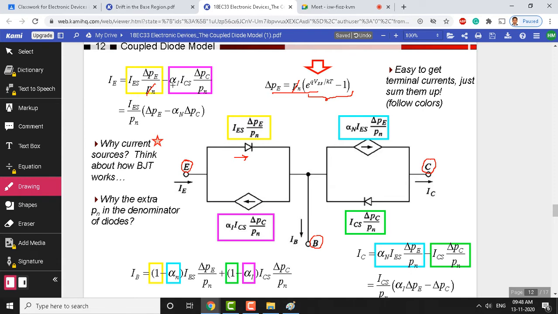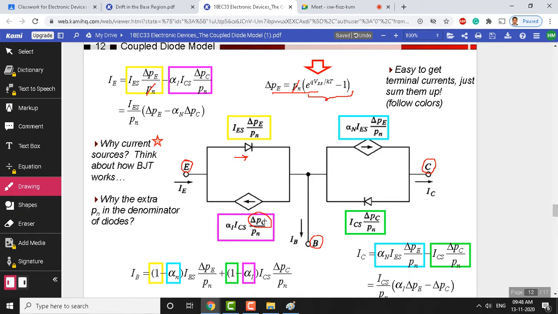The current source has different terms within it. This is alpha I, which is called the current transfer ratio in inverted mode. There is ICS and delta PC divided by Pn. And if you observe the individual terms of this current source, delta PC shows that this is a term associated with the voltage applied across collector and base. So, what is delta PC? Delta PC is almost the same as delta P, except in place of VEB we will have VCB.